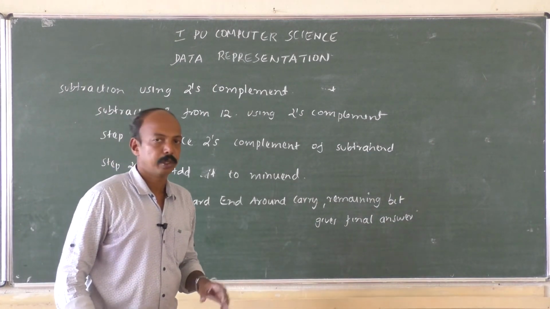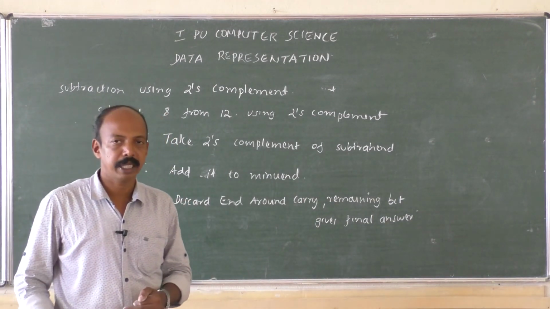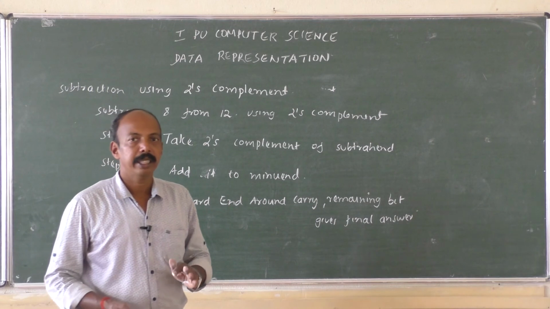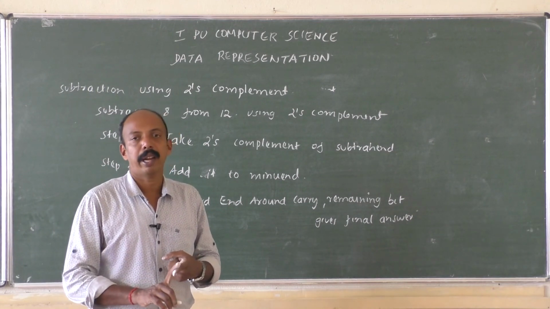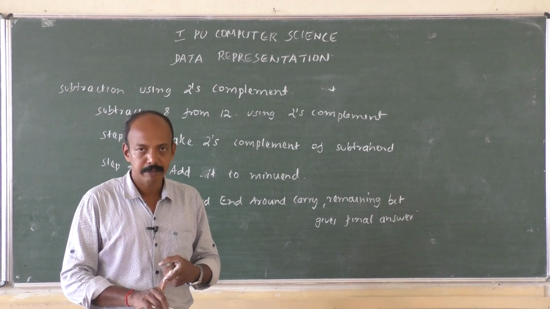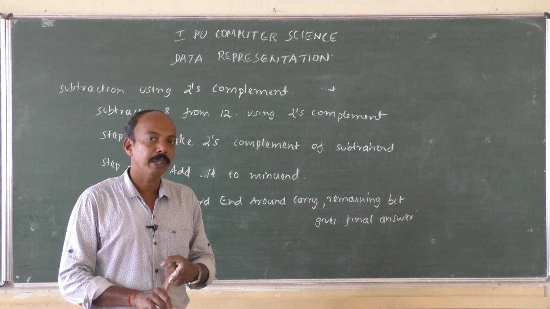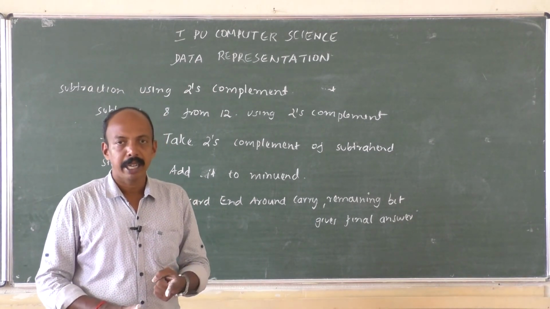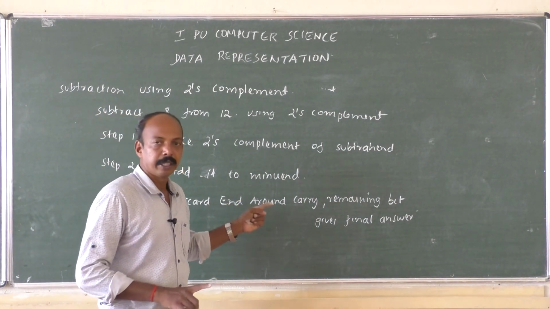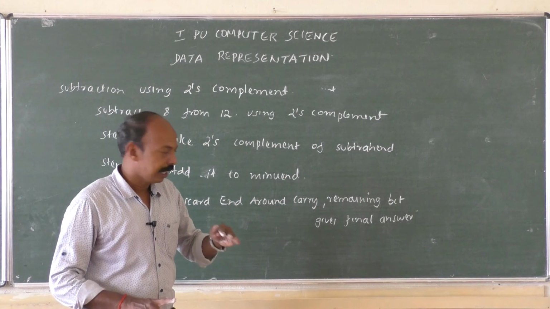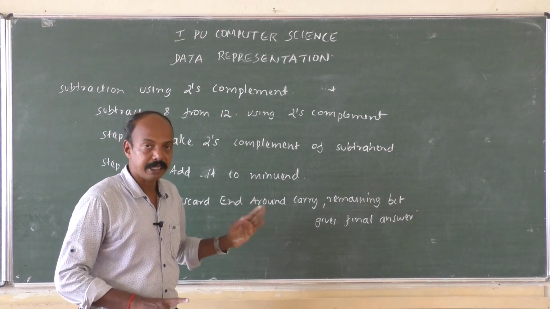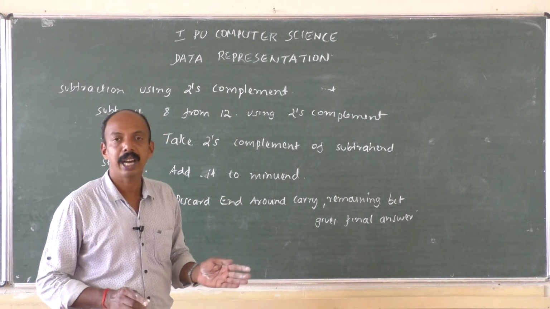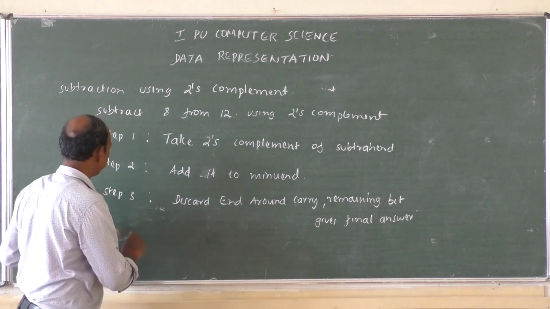These are the steps. So be careful when we are subtracting a smaller number from the larger number using 1's complement. There we have converted into binary, then 1's complement of the subtrahend we have taken, and we have added 1's complement of the subtrahend to the minuend. End around carry was generated, add 1 to the LSB, and that was the answer. Here we have taken 2's complement of the subtrahend and added it to the minuend. We got the answer. Along with the answer we had the end around carry, but in this case we are just discarding the end around carry. Whatever is remaining, that will give the final answer. We shall work out one more.